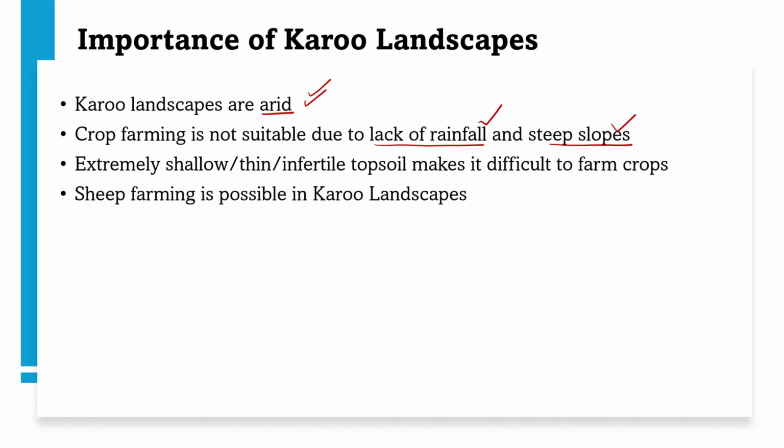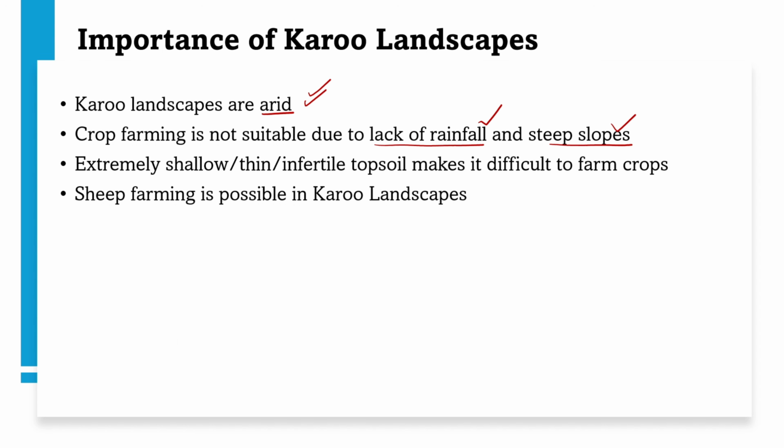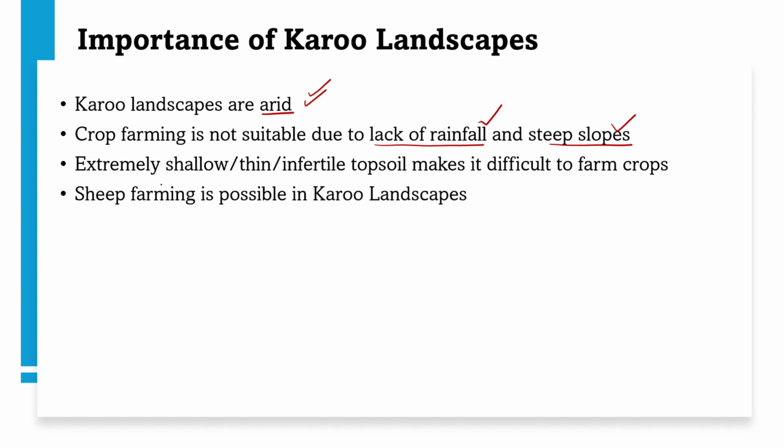Of course you cannot plant in a place that is dry like this one. This is a dry area. You can see that here there is no rainfall. You can see that here there are no plants. How can you even plant? You cannot do that. So basically crop farming is not possible in such an area because it's an arid climate. There is no rainfall, the slopes are steep, you're just going to fall even if you are trying to plow here or something like that. So don't even try that. Crop farming is not suitable.